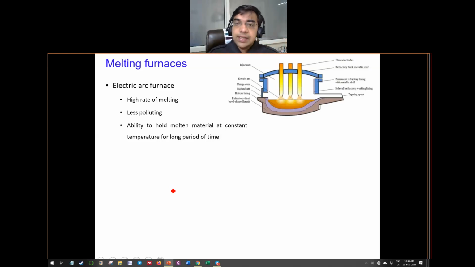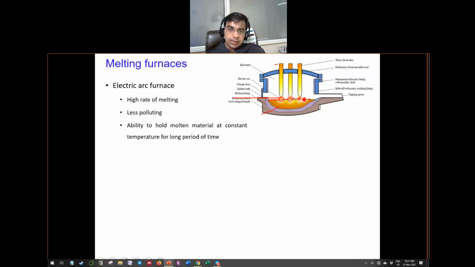The electric arc furnace consists of arc electrodes, and here is the molten metal. These electrodes are connected to a high voltage supply, and from the lower side it is connected to the metal which has to be melted. Upon passage of electricity, the gap between the electrode is ionized. So basically they create an arc there. This is similar to an arc which is used for, say, welding.